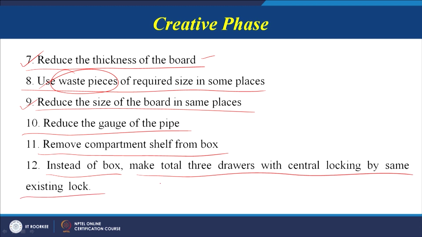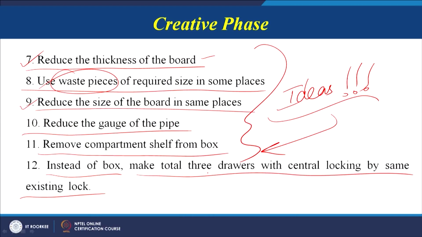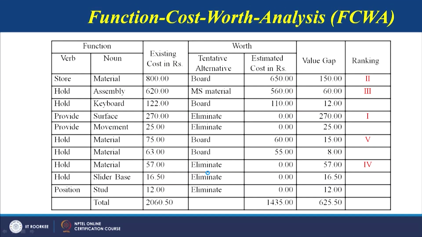So, these are some of the ideas, and all these ideas may not be implementable. So, we have to find out which of these ideas can be implemented, because there may sometimes be a conflict among the ideas also. If we implement one idea, it may have a negative impact on the other idea. So, that kind of analysis can also be done. So, there are a lot of ideas generated. Now, let us see how the authors have gone ahead.